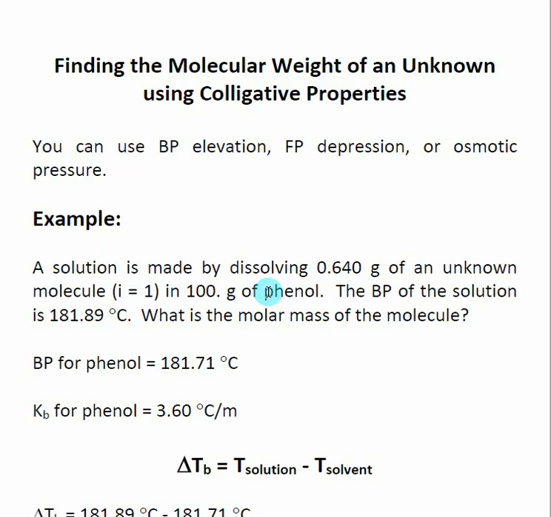Then we know how many grams of our solvent. In this case, our solvent is phenol. The solvent doesn't really matter that much. Right now, we just need to know exactly how many grams of our solvent we have. Also, we need to know the boiling point of our solvent when it's not in a solution, so this is our pure solvent. We need to know the boiling point elevation constant for phenol, which is given here. And then we need to know the boiling point of a solution, which is very easy to find: when you mix the two things together, you find the boiling point of it. Overall, what we want to do is find the molar mass or molecular weight of our unknown here.